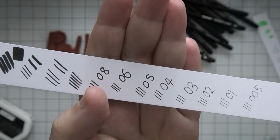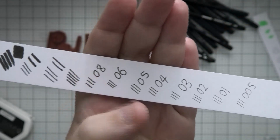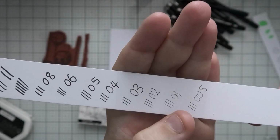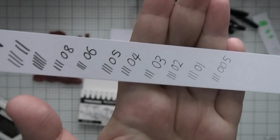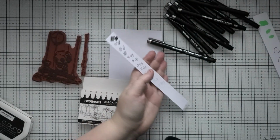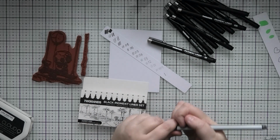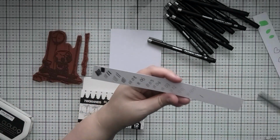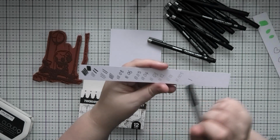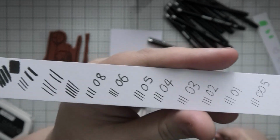I'm never 100% sure what the numbers mean, whether it is 0.8 of a millimetre perhaps, and then this is like 0.1 of a millimetre, and that's 0.05 of a millimetre, I'm not sure, but those are the increments in the size of the nib. So really, really gorgeous selection. My favourite one that I usually use says that it is 0.4, but actually from looking at these, maybe because I've used it quite a lot, it's probably more of a 0.5, but pretty close to the 0.4 as well. So they are a lovely selection of different widths for all sorts of different things,